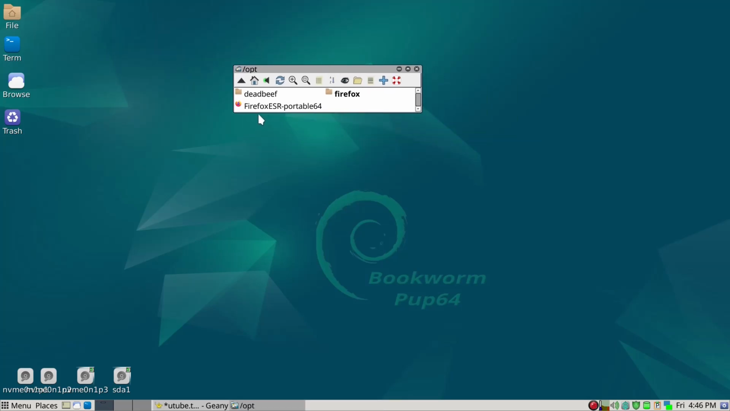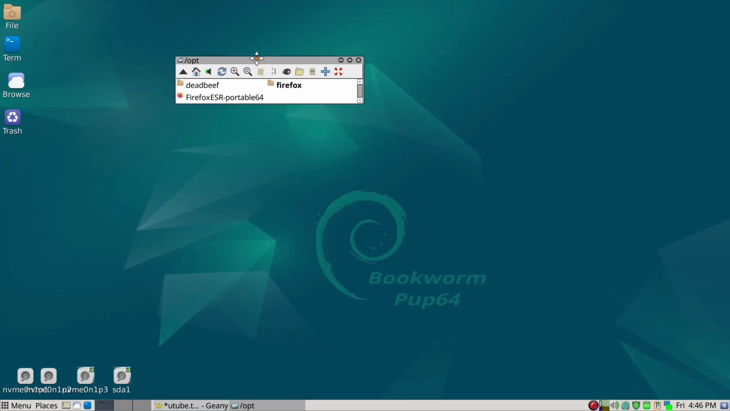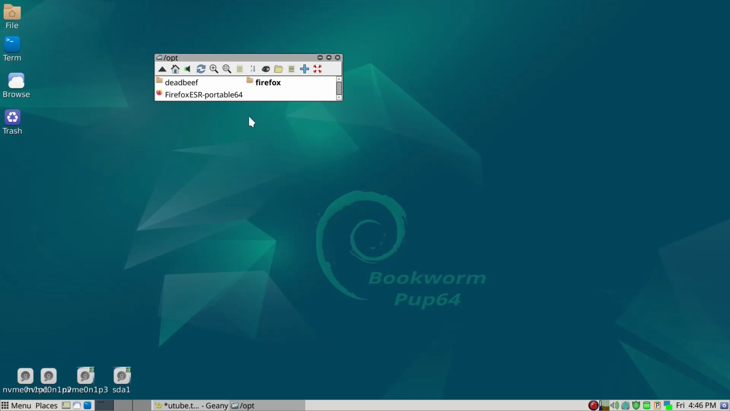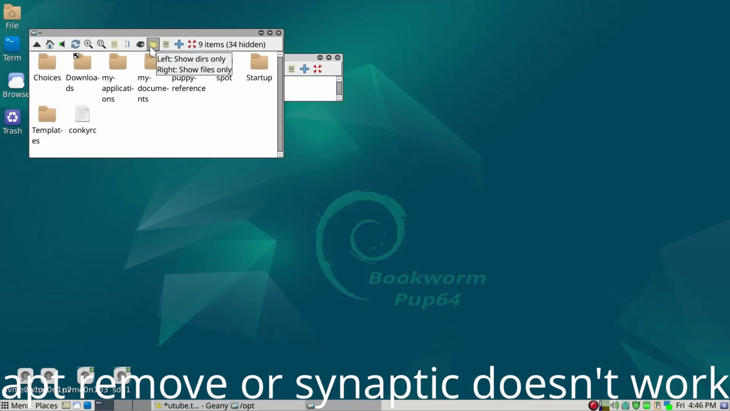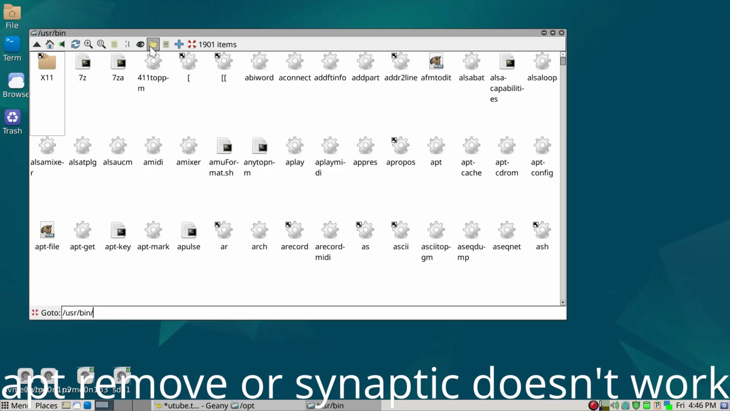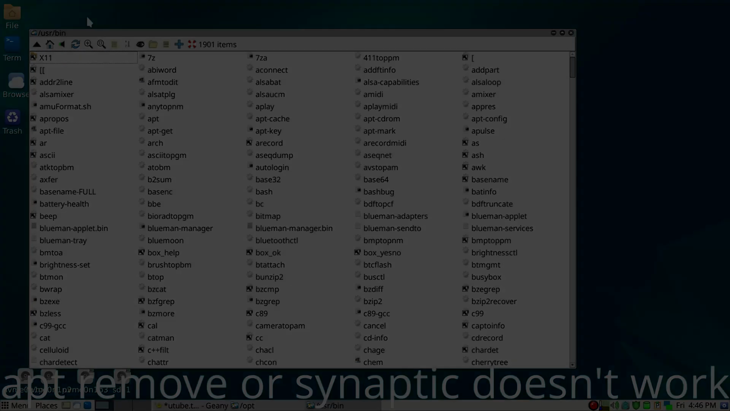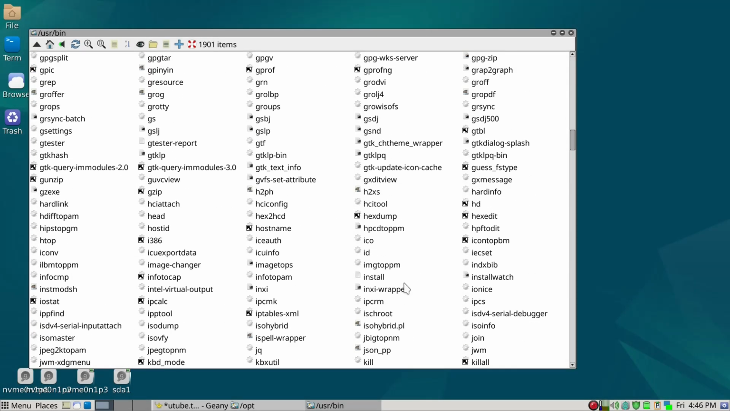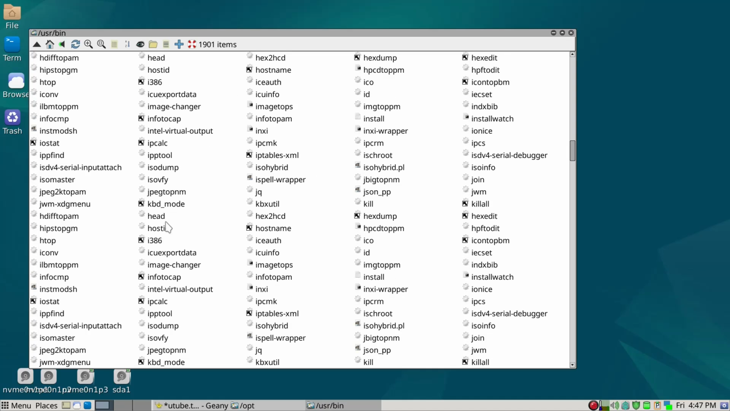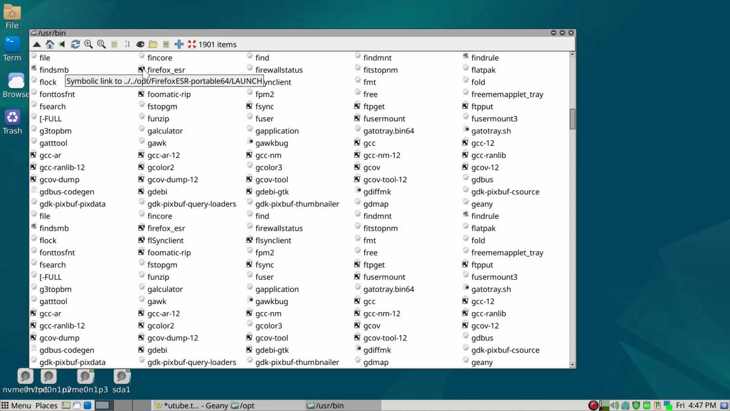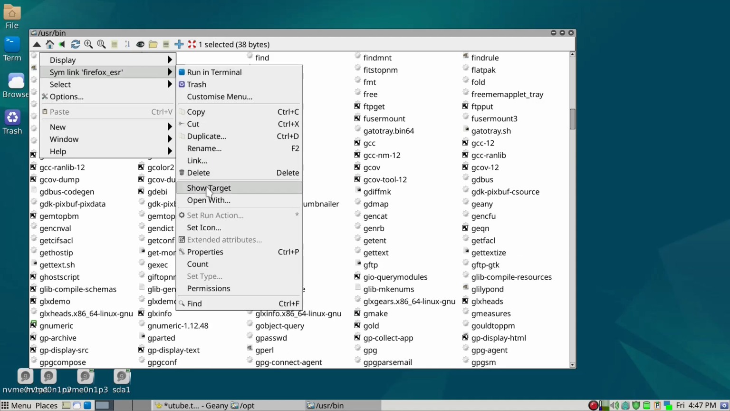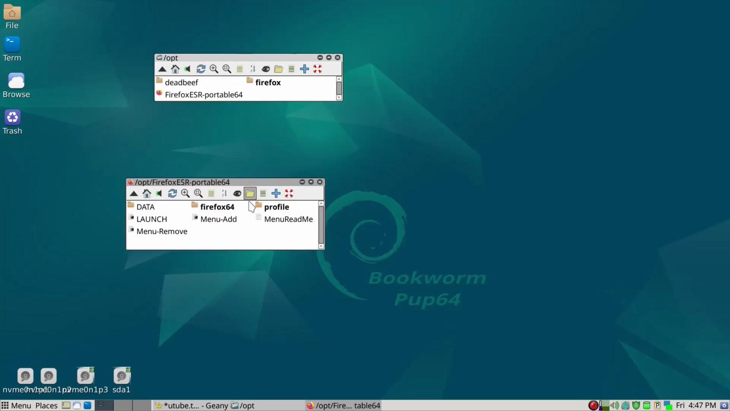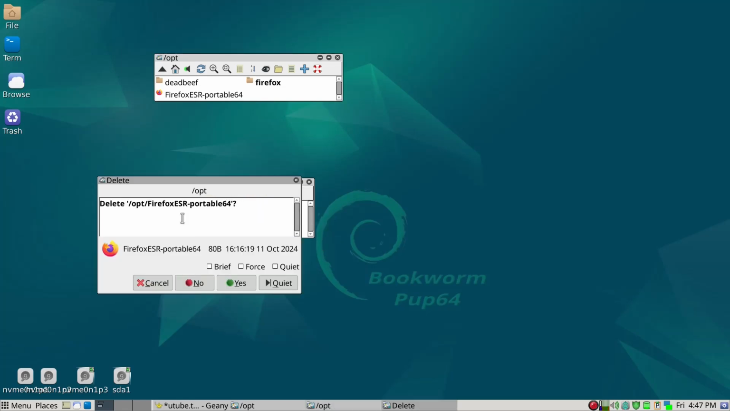Okay, so next we want to delete the ESR, but it's not very straightforward, in the sense that when we look at the USR bin, so we'll go to USR bin and then make it smaller here. There is a Firefox ESR, and it has a soft link. So we can just take a look, and the target is that this is the soft link to the ESR portable. So what we need to do is go ahead and delete this,